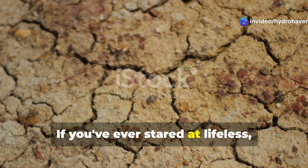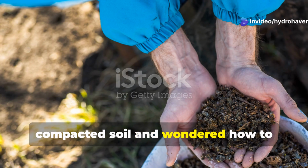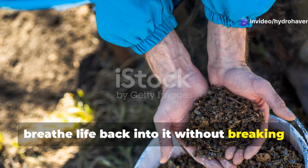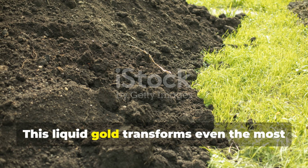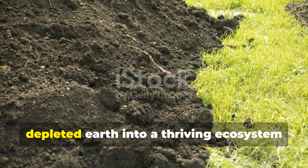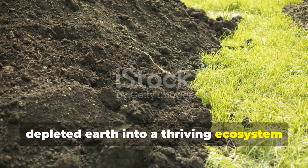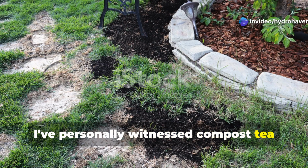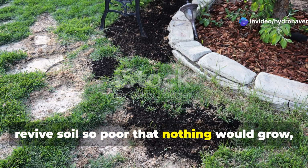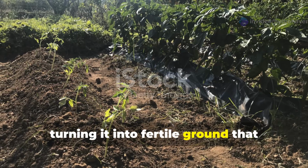If you've ever stared at lifeless, compacted soil and wondered how to breathe life back into it without breaking the bank, compost tea is your answer. This liquid gold transforms even the most depleted earth into a thriving ecosystem teeming with beneficial microorganisms. I've personally witnessed compost tea revive soil so poor that nothing would grow, turning it into fertile ground that produces